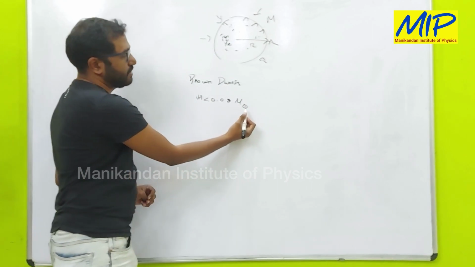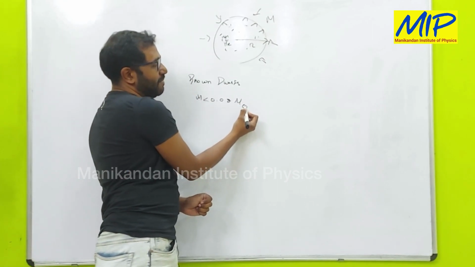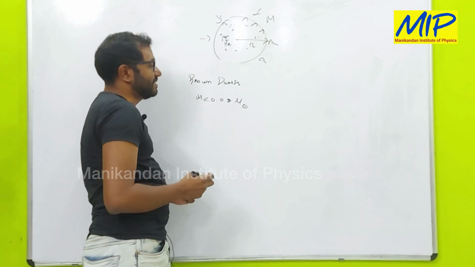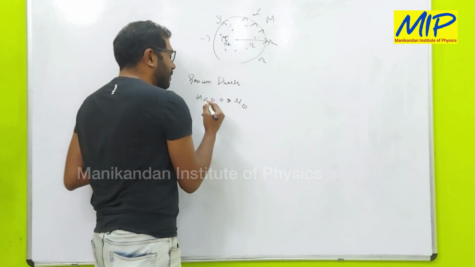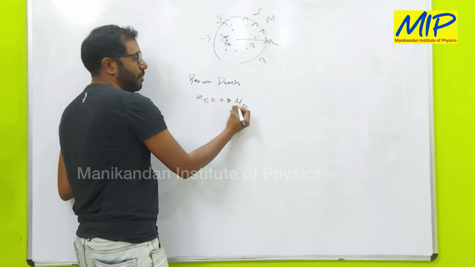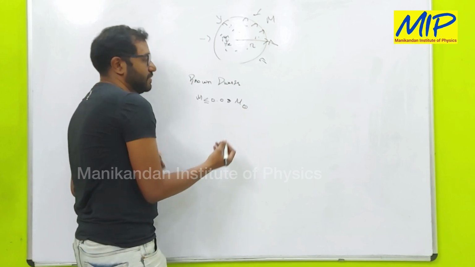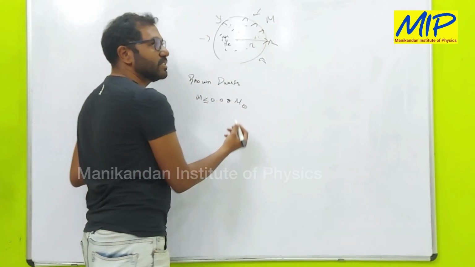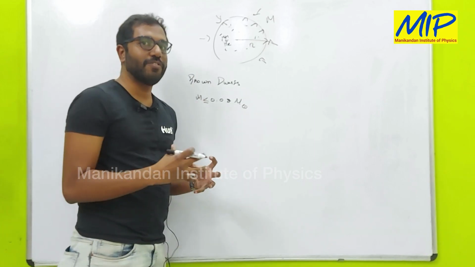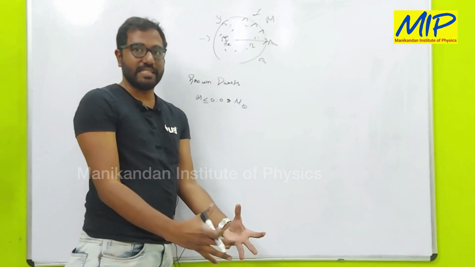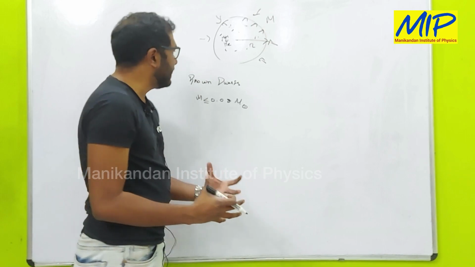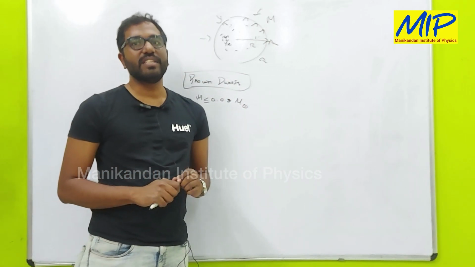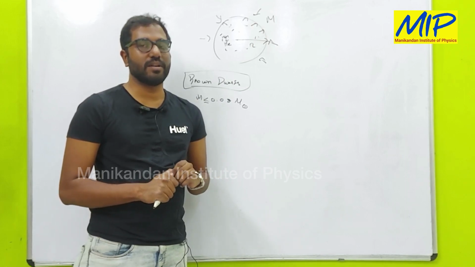Typically, in astrophysics papers, the mass of the sun is represented as M with a subscript 0 and a dot in between. That's what we call a solar mass. So if the mass of a star is less than or equal to 0.08 times the mass of the sun, it won't have enough to virialize, and it ends up being a brown dwarf. This is what we call Kumar's limit.